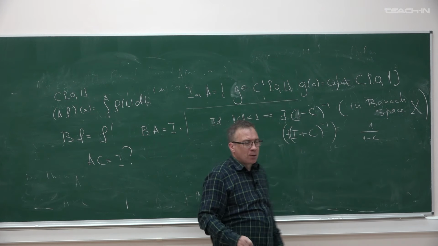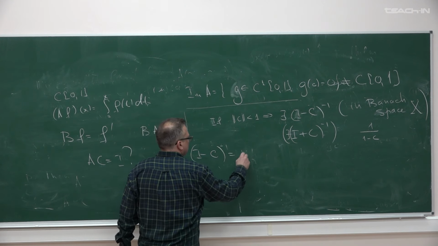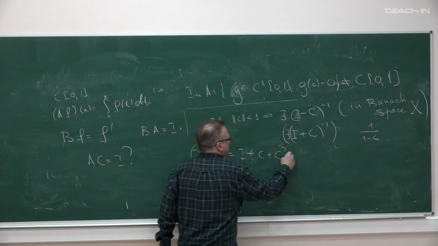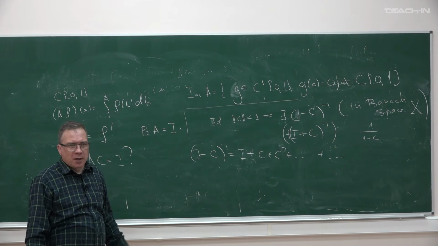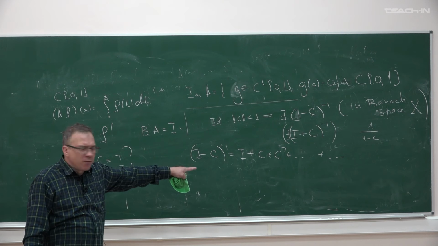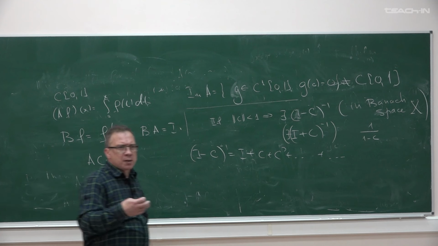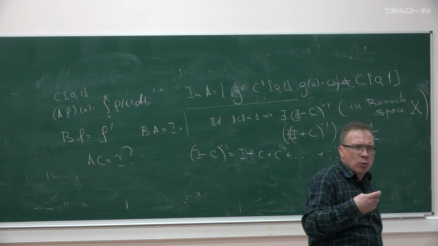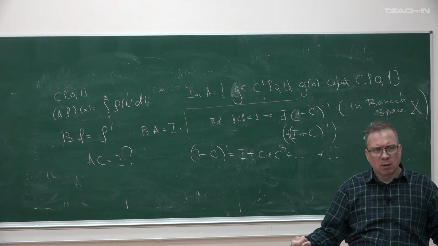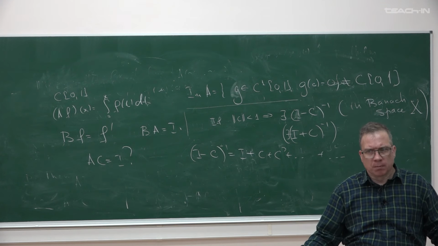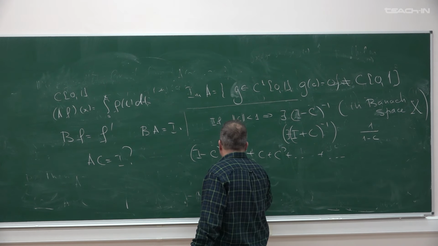Geometric series. I stated this series is the inverse operator to this. Why? First, we must explain why this, when we write infinite sums in a normed space, converges. We must check that this sum converges. So consider Sn as